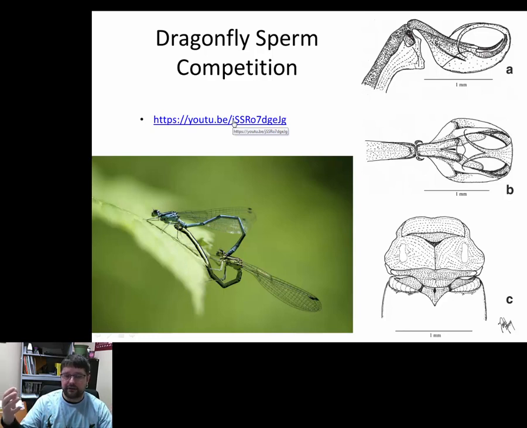But again, this is just showing you that when you see a feature in an organism and it might look confusing to you, if you work it through, if you examine other organisms, if you examine how pieces might fit, and you study it long enough, you can get an answer to why that specific feature might have evolved.